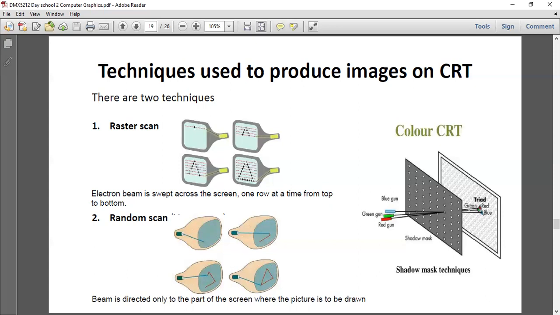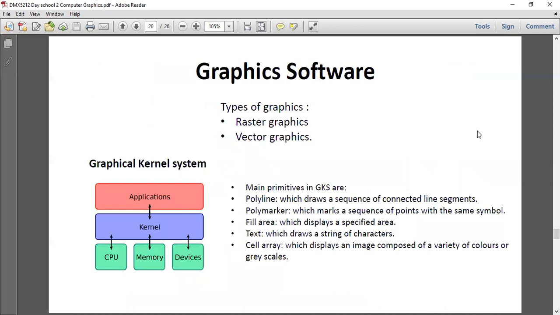Like a combination of these colors, you can generate any other color by combination of these base colors. So graphic software works within a graphic kernel. The software application runs on a kernel which communicates to the CPU, memory, and devices. So in graphic kernel, usually you get vector graphics, where